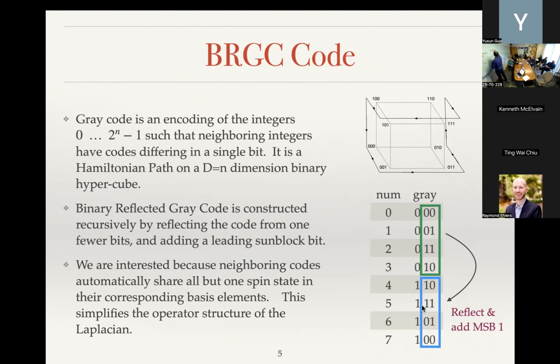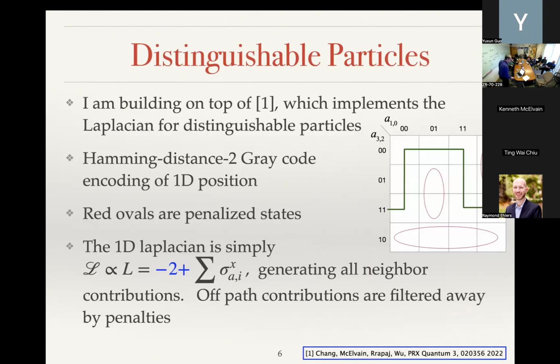All right, that would almost do it. So the next step is this thing we call a Hamming distance 2 gray code. Here I'm going to use 4 bits, but I'm going to make an 8-element path using the cursor here. This is the path, the green is the part I want to be using, those codes. And then the idea is that all of those jumps where a sigma x might connect me,